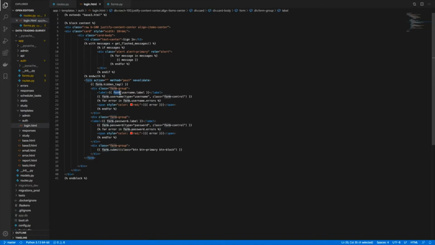You can see the syntax here, adding the label for the field, rendering the field itself, and displaying any errors upon validation based upon the objects passed into the render template function.